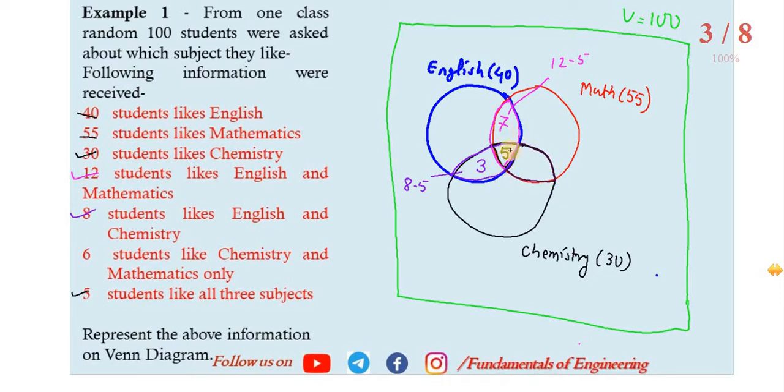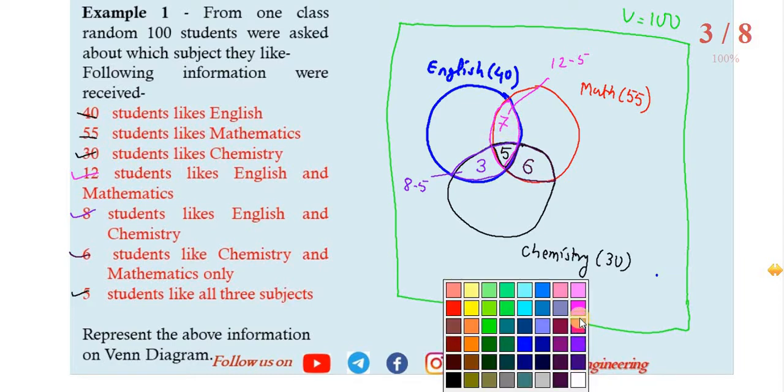We can't consider the remaining area because that includes the subject English, and these 6 students like chemistry and mathematics only. So we have written that here. First we wrote the common in 3, that is 5 students, then we saw the common in 2. Now let's look at the remaining